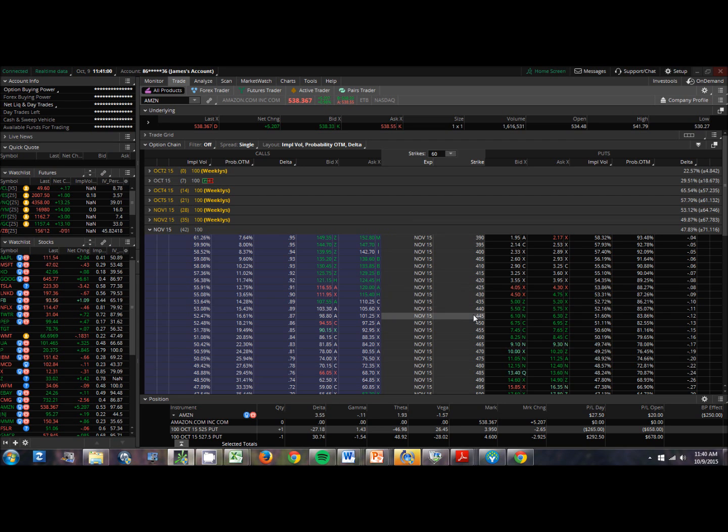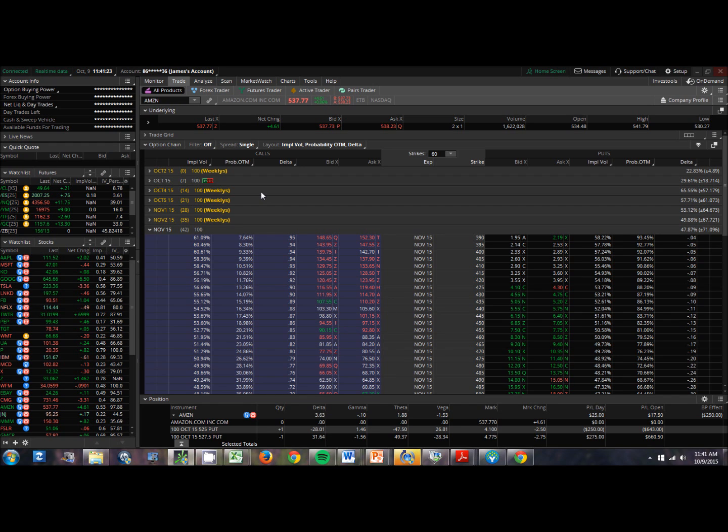So the first thing I want to point out is right here, and by the way, your layout might look different than mine. You might still be running the old version. Thinkorswim updated their software about a week ago, and they did a total rebranding, a revamping. That's why yours might still be running the old system on the paper money accounts. I'm not sure. But mine, since I'm a real money customer and a paper money customer, I got the full